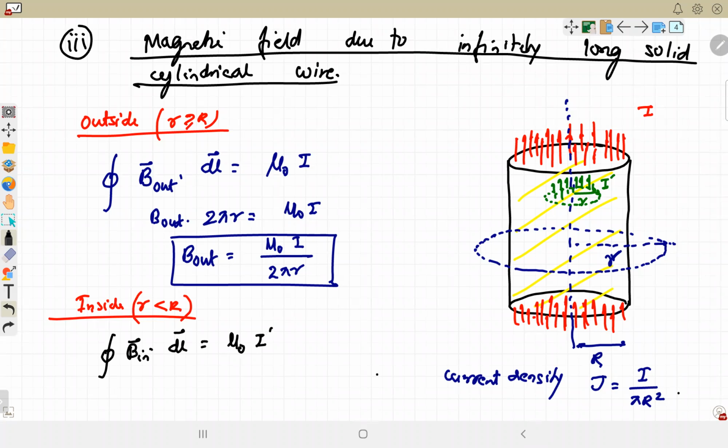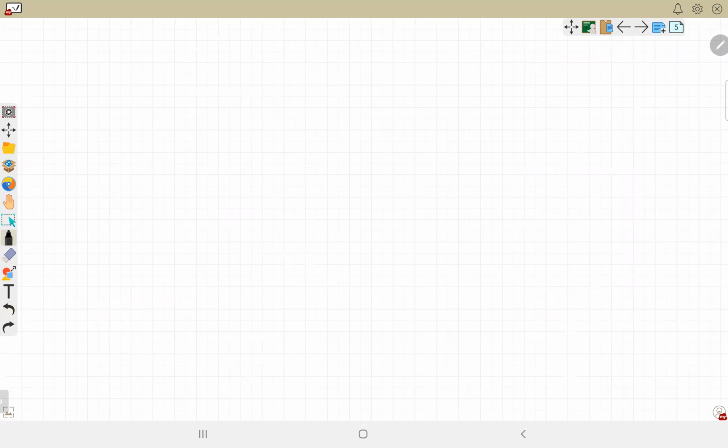Now how can we find I dash? Because its radius is r. Current density means current per unit area is J. So the current passing through this area of pi r square, I dash will become J into pi small r square. On integrating, the left side gives B in into 2 pi r. On the right side, substitute the value: mu naught times J into pi r square. Pi gone, one r cancels with r. The magnetic field at any point inside due to a solid cylindrical wire is